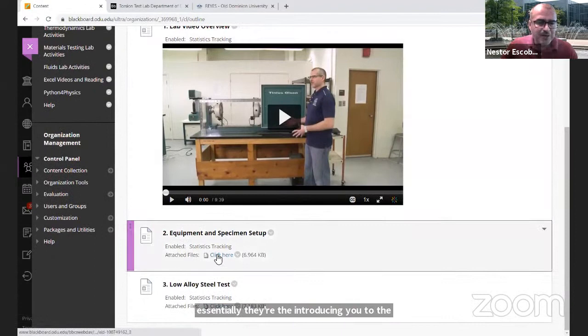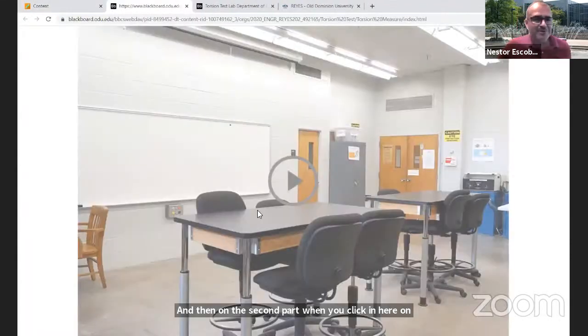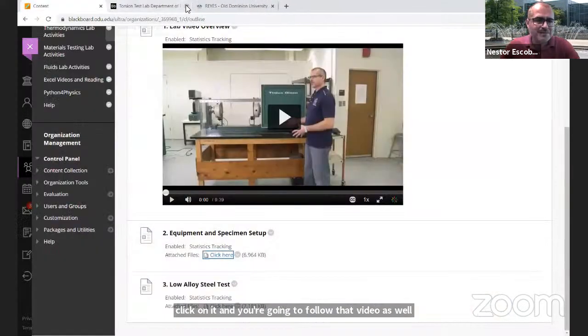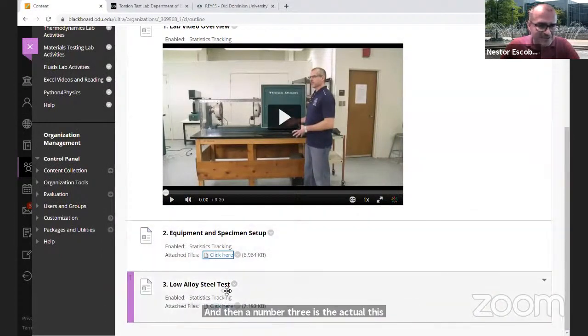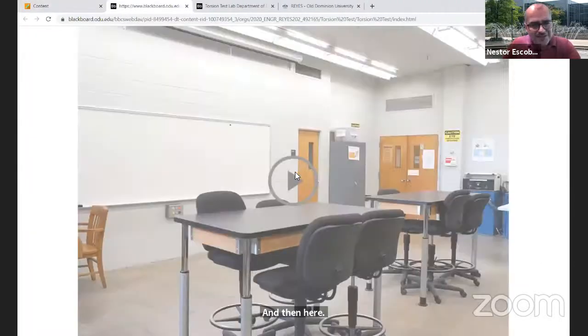And then on the second part, when you click in here on number 2, it's going to take you to another video. You click on it and you're going to follow that video as well. And then on number 3 is the actual test. And then here, you click on it, and then there's another video. Click on it, and then you watch it, collect the data, and use the